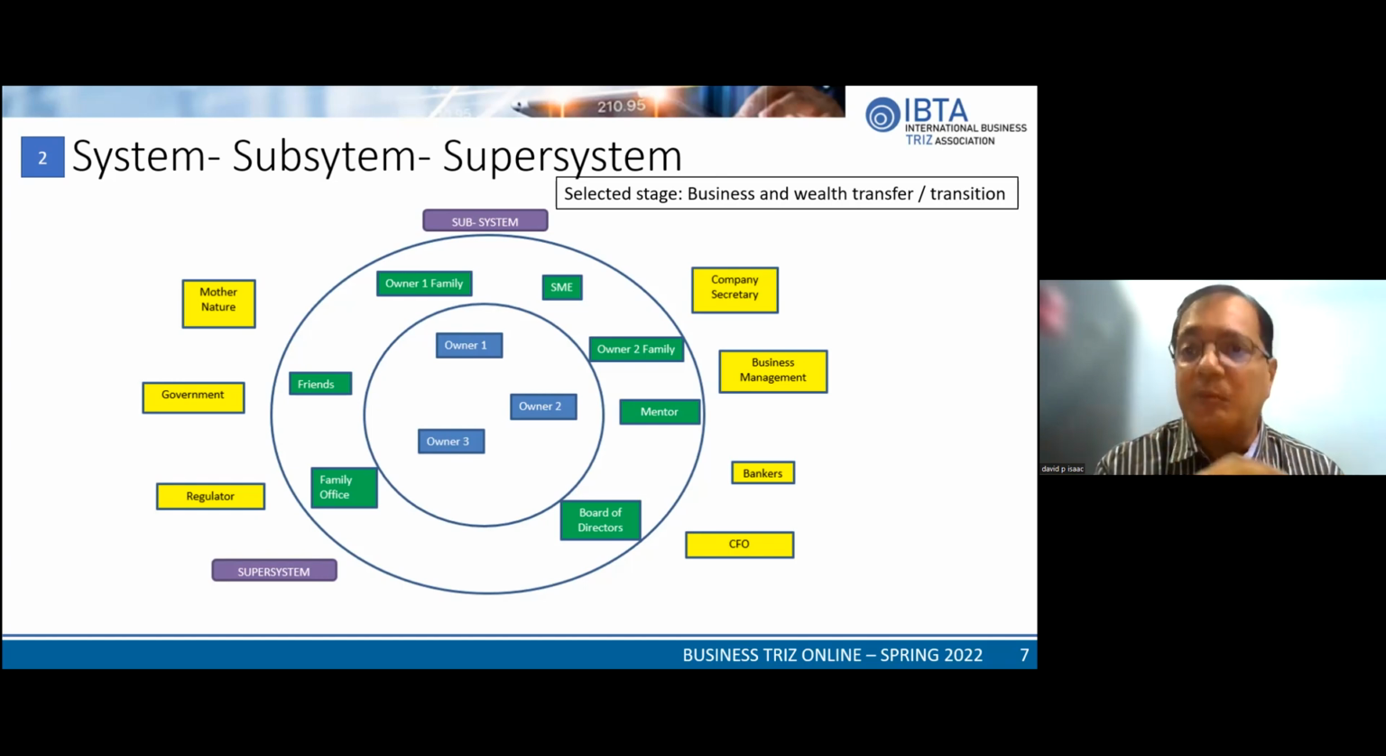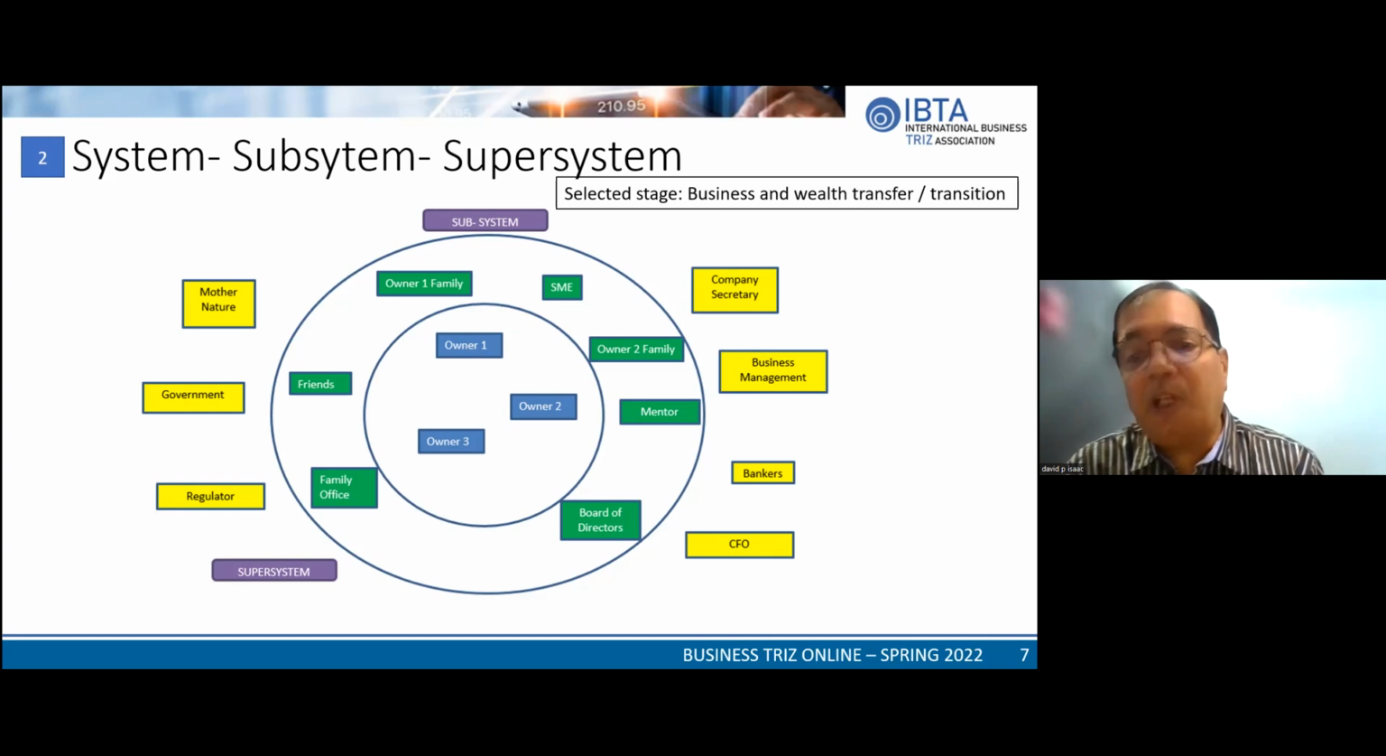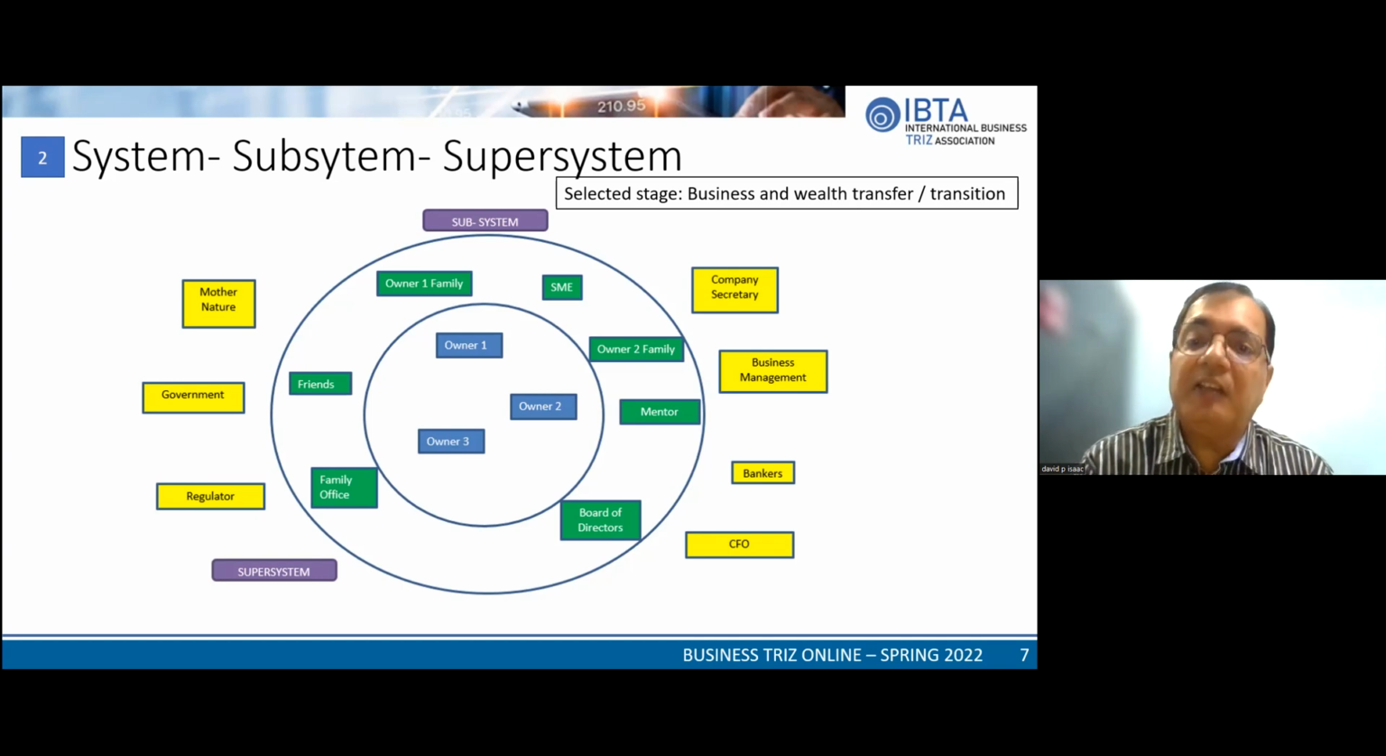So they are part of the subsystem in a way. And in the super system, we have multiple other entities. We have governments, regulators, company secretary, bankers, CFO. And of course there are so many, but related to the selected stage, we restricted to certain key specific ones. So this is step number 2, where we looked at identifying the elements of the subsystem and the